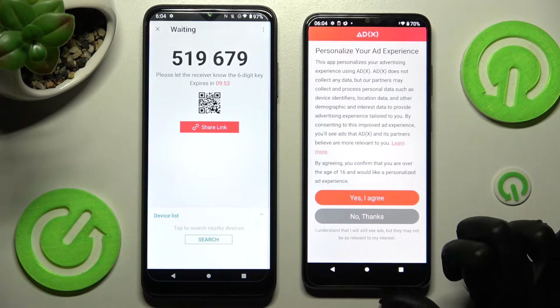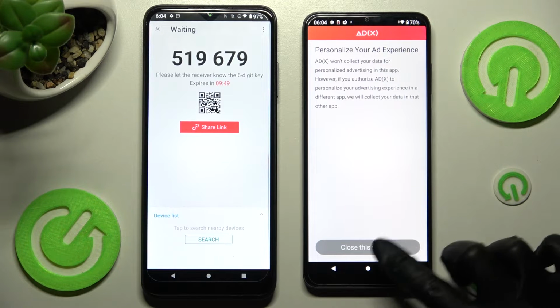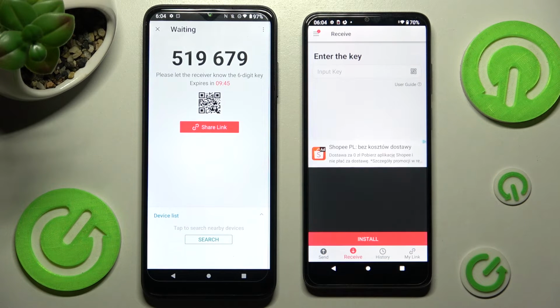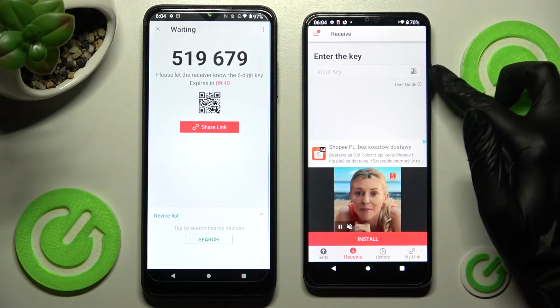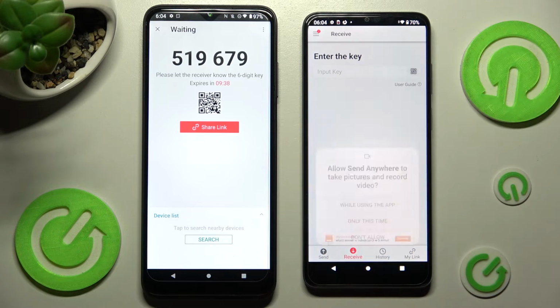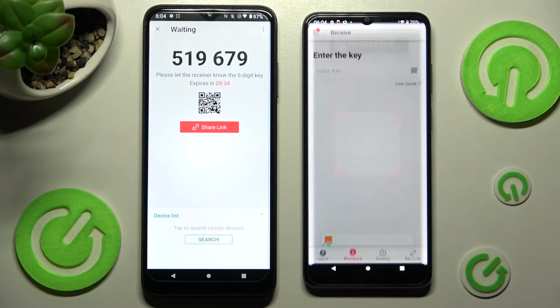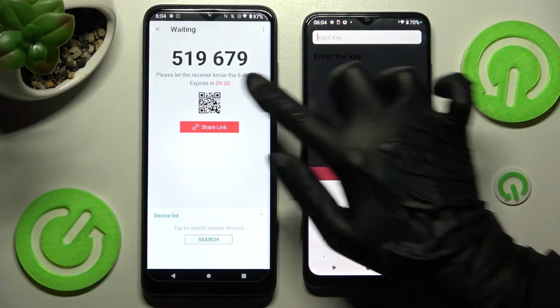Now choose No Thanks or Yes I Agree on your Android and tap on Close this window. From here, we have two ways to connect. We can scan this QR code using this scanning icon on an Android next to Input key, choosing while using the app or only this time and pointing our camera at the code, or we can input this key over here instead